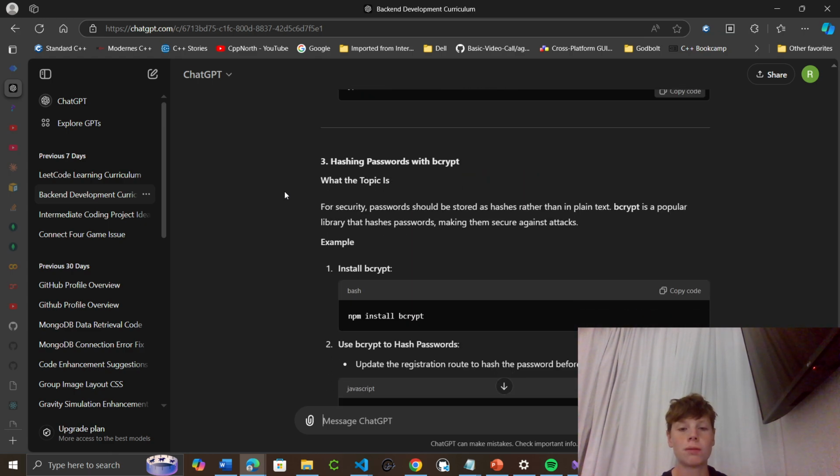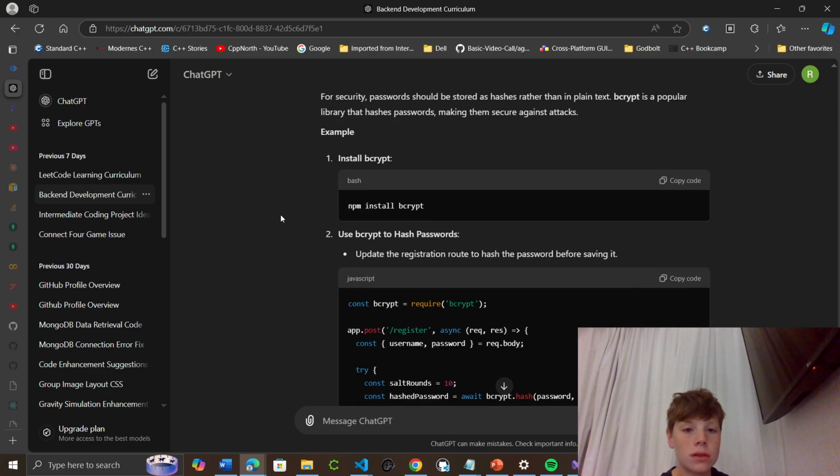Okay, then we can hash passwords with bcrypt. For security, passwords should be stored as hashes rather than plain text. Bcrypt is a popular library that hashes passwords, making them secure against attacks. So install bcrypt, npm install bcrypt, and use bcrypt to hash passwords. Update the registration route to hash the password before